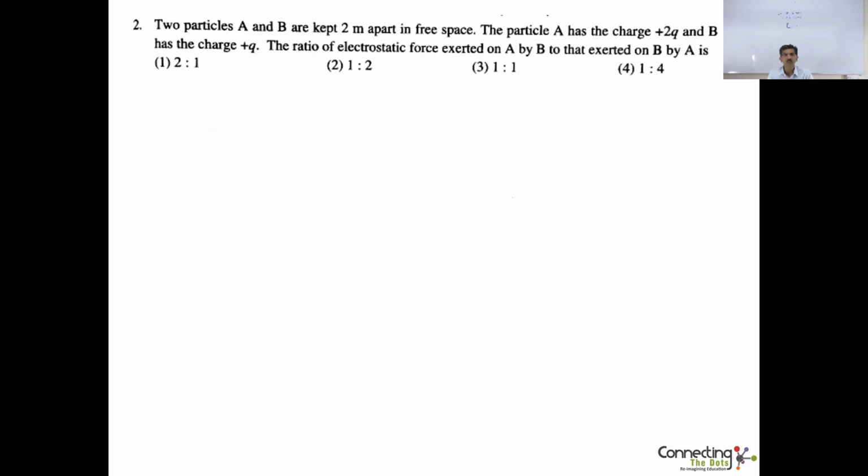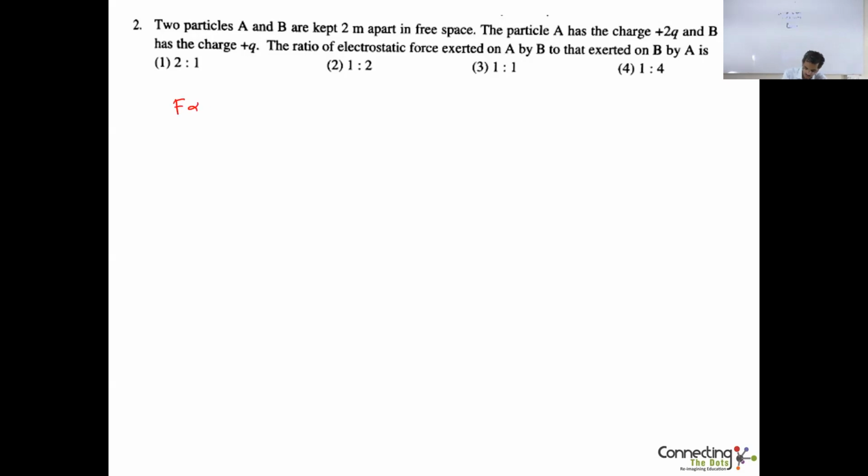Two particles A and B are kept 2 meters apart in free space. Particle A has charge 2Q and the particle B has charge Q. The ratio of electrostatic force exerted on A by B to that exerted on B by A. So in this question, we are comparing two forces. The force exerted by A on B and the force exerted by B on A. And the question is about the ratio of these two forces. So let's